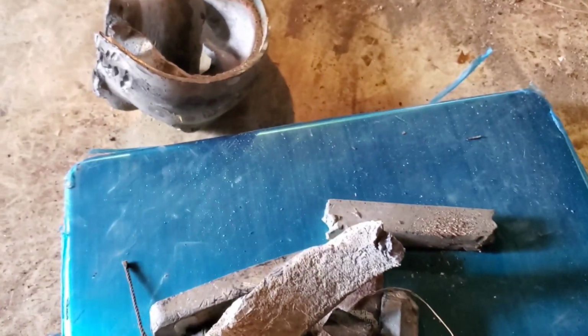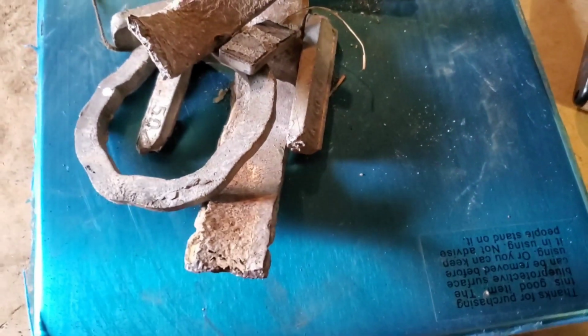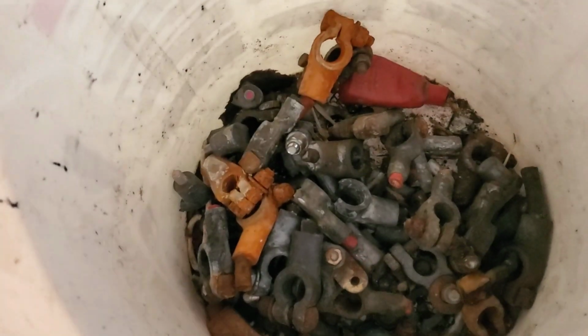Alright, so take it off. It's 3 pounds off that. So I say the brass is going to weigh up a bit. So not bad, though. Still, I got to throw this in a different pail because it's clean. And I'll show you my dirty brass. That would be my dirty